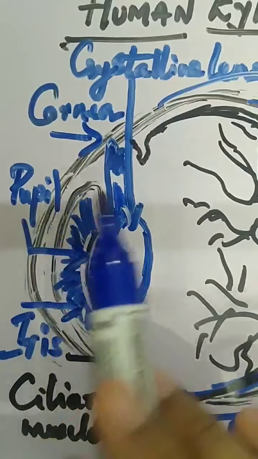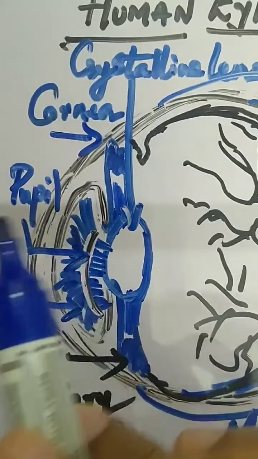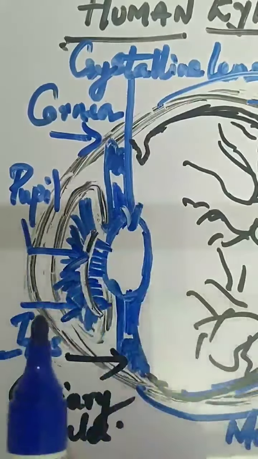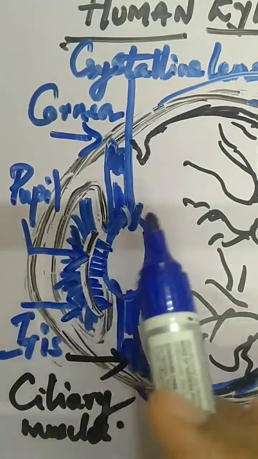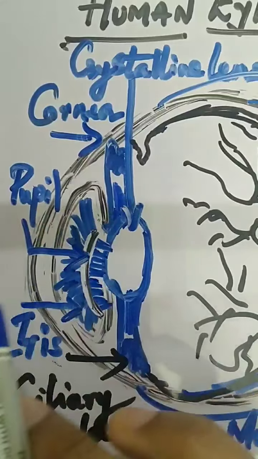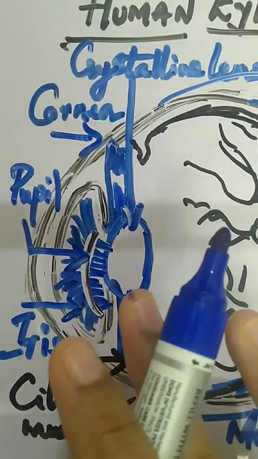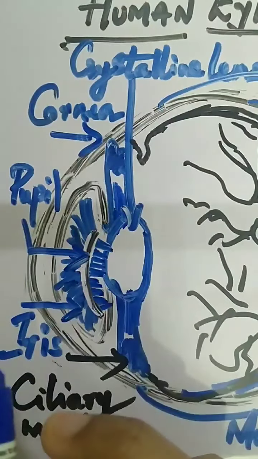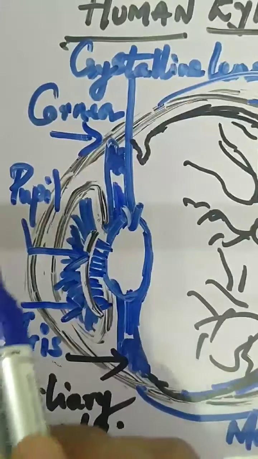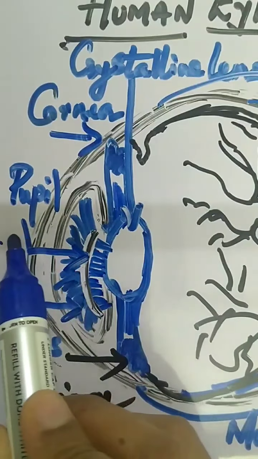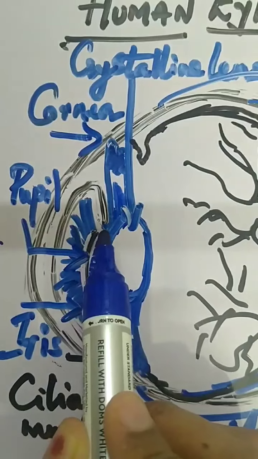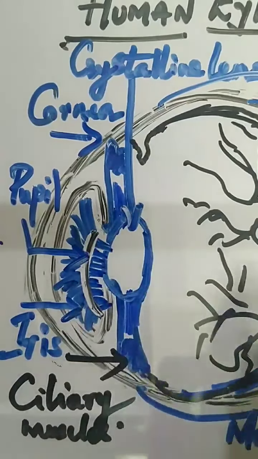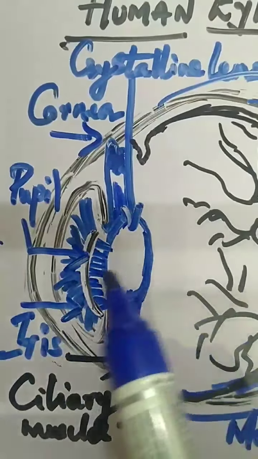Now what does this cornea do? The cornea allows light to get inside the eye. So light enters the eye through the cornea, and as more light enters, what will it do? The light gets refracted. When the light enters the cornea, it will go to the lens and the light will get refracted, because the lens means another medium.